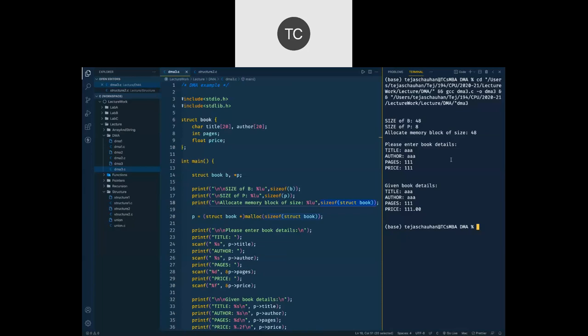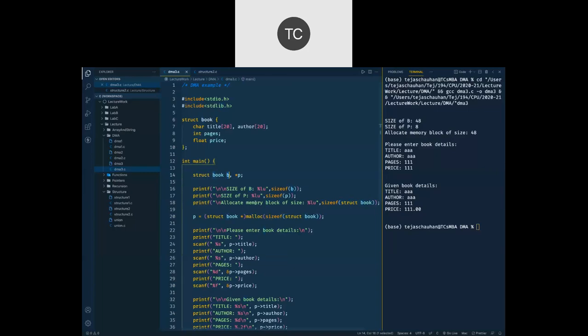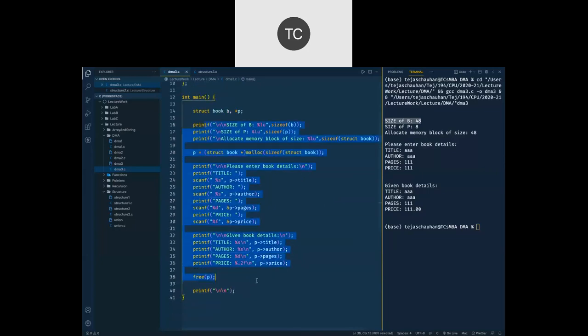Okay, Manav is asking, sir, for variable B do we need 48 plus 48 memory? No. Look, B is a normal variable and B has already been allocated 48 bytes. Now we are not using variable B anywhere. अगर आप use करना चाहते हो तो कर सकते हो. We haven't used variable B inside our entire program.